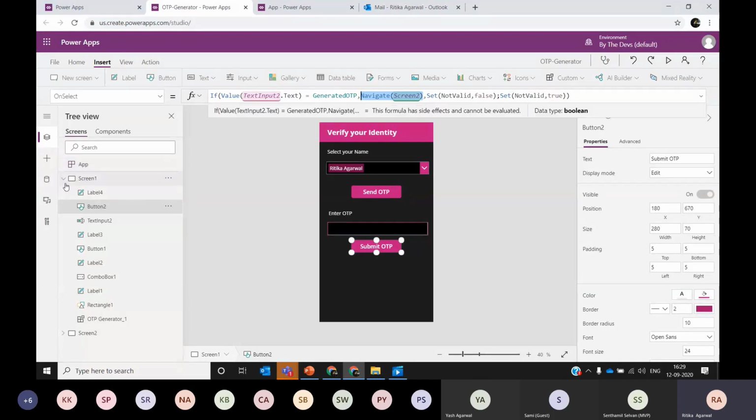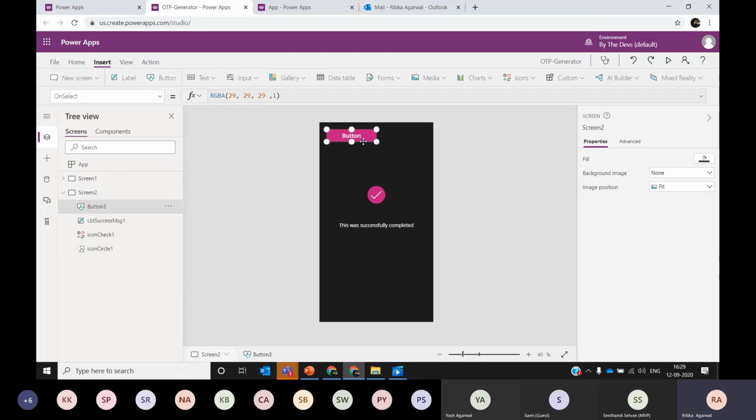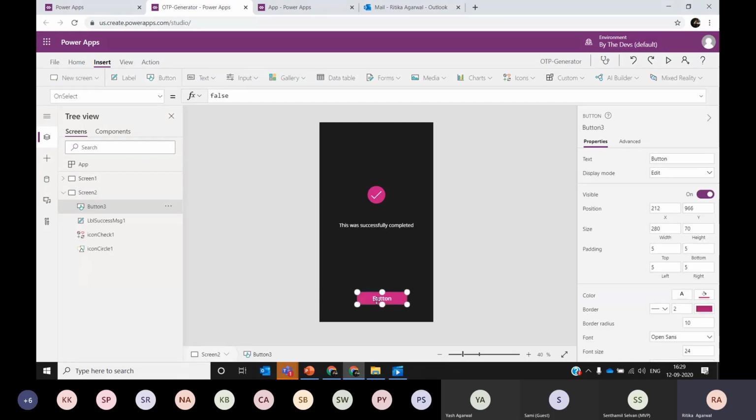And if you want, you can add logout functionality here. So if I'm done with my work and I want to log out, I'll add a separate button here and select log out. On this logout, I'll simply say navigate to my screen 1.